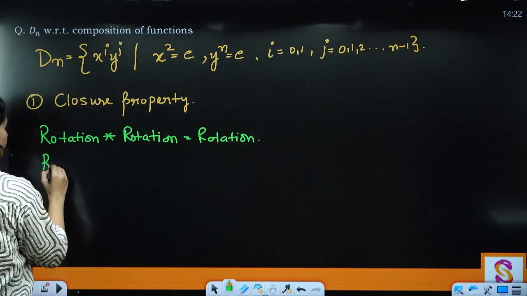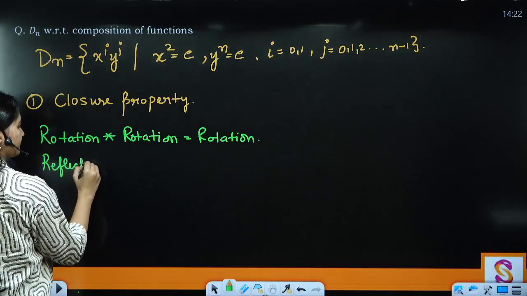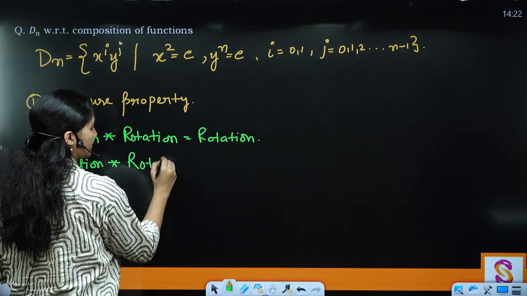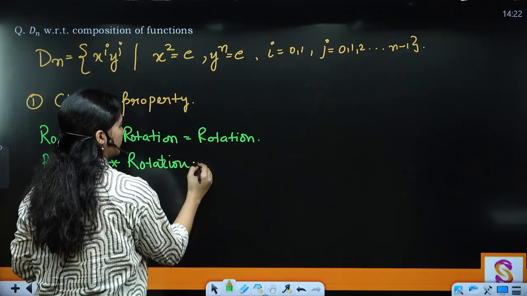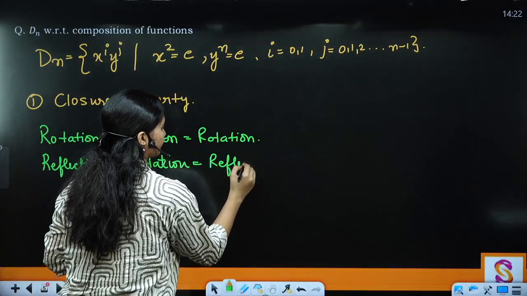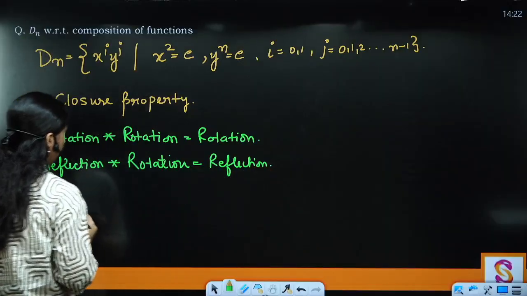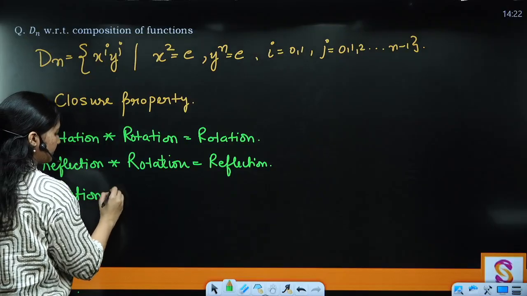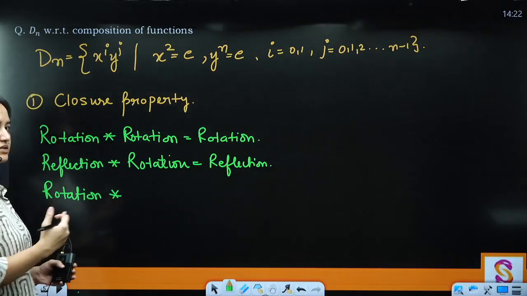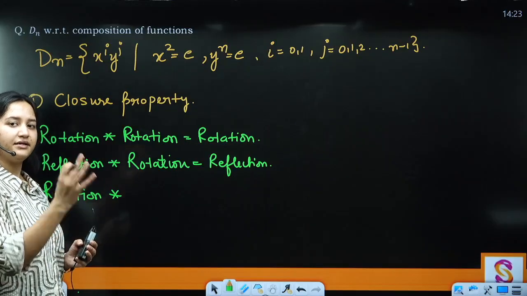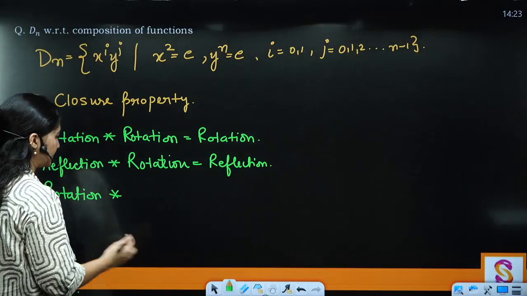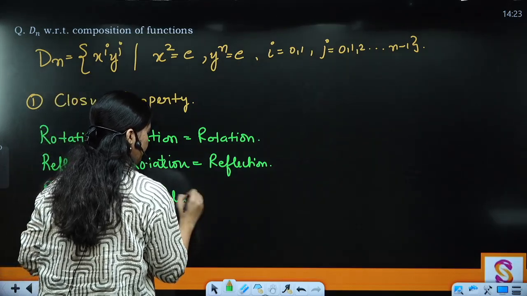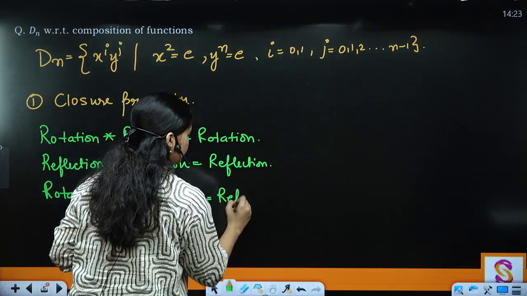Reflection with rotation gives you reflection. Then rotation with reflection, again understand that the order matters when you are operating reflections and rotations, gives reflection. And then reflection with reflection